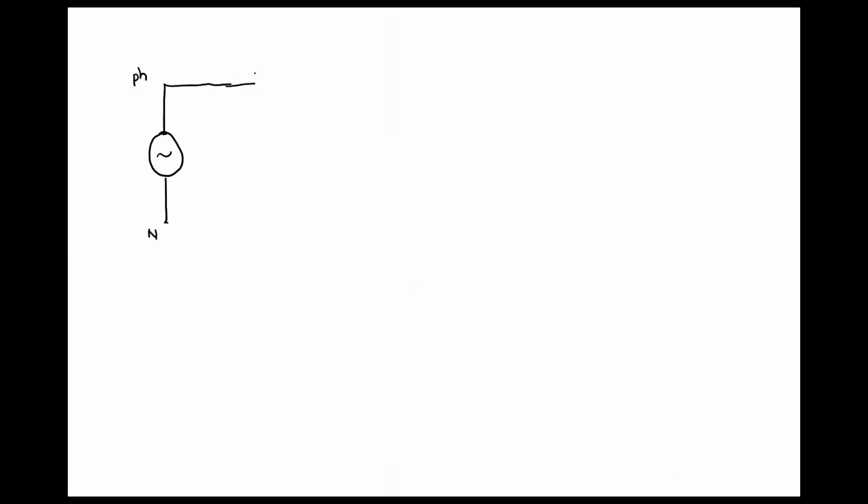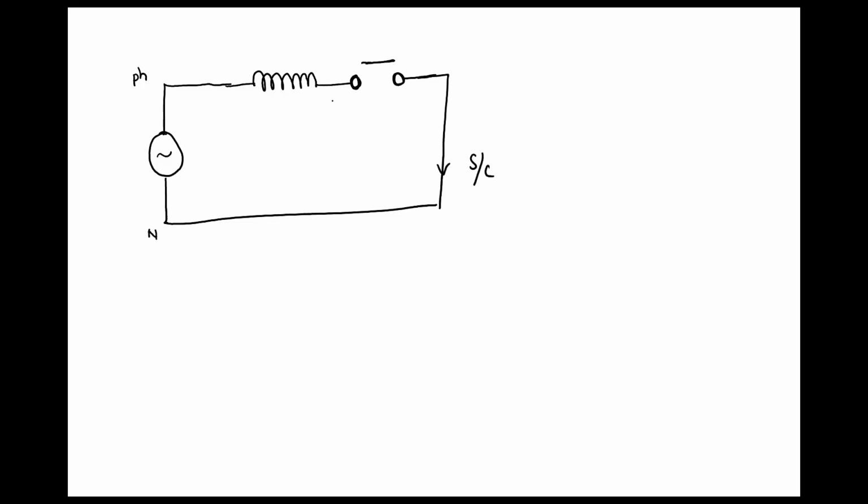Let the total inductance till the circuit breaker location, this is the fixed contact, this is the circuit breaker, this is the moving contact, and here the fault has occurred. Short circuit has occurred in one case. Let the total inductance from the location of source, that is generator, till the circuit breaker location is say L. The total inductance is L. Total shunt capacitance is C.